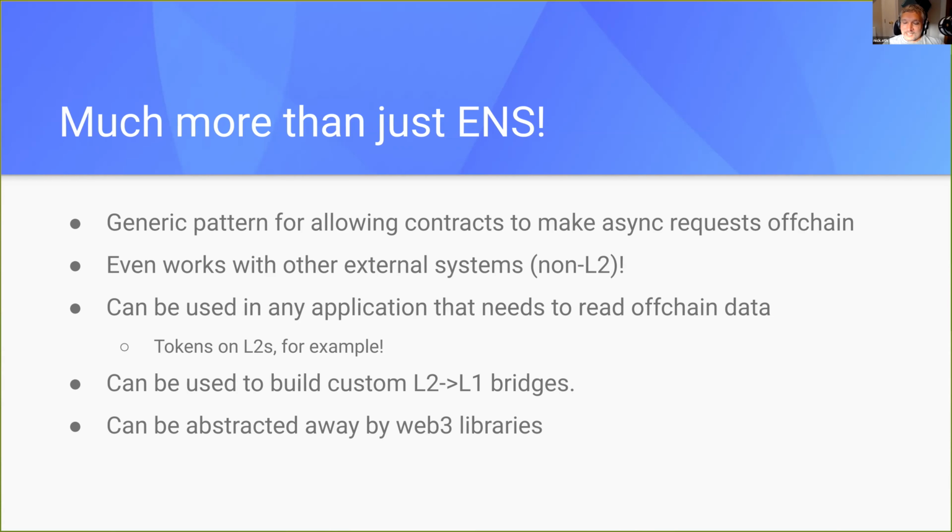So ENS is the obvious case here. But another example, and one we've actually worked an example for so people can see how it works, and I'll demo shortly, is that you could have, for example, tokens on layer 2 systems. You could have Merkle airdrops where the claim interface is simply transferring the tokens. You don't have to have a specialized site. And really, you can have just about any sort of fetch system you want. And it can even be used to build bridges, because if you have this proof system, you could use this to, say, unlock tokens by moving them back to L1, because you're now using this sort of pull model instead of a push model to fetch data.